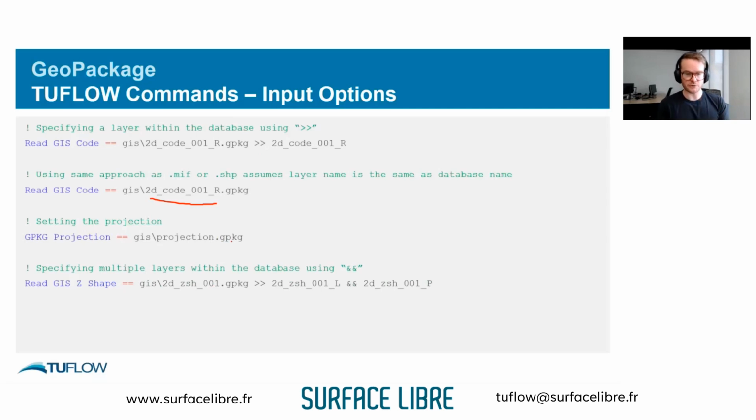Where you have TUFLOW commands that accept multiple layers, so examples of Z-shape, which is a break line, or terrain modifier, where you want to read in different geometry types, or a line and a point, and maybe a region, whatever else in a single TUFLOW command, you can narrow it down. You can reduce this command by using the double ampersand symbol to say, I want to grab this layer and this layer from the same database. So it just reduces the command a little bit. Usually you'd have to have some command path, vertical line, and then the next file path. You can still do that with GeoPackage, but just by using the double ampersand, if it's in the same database, you don't have to do that big extended command.